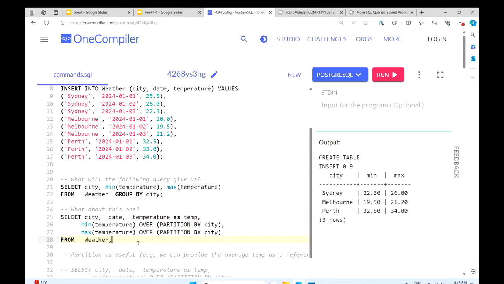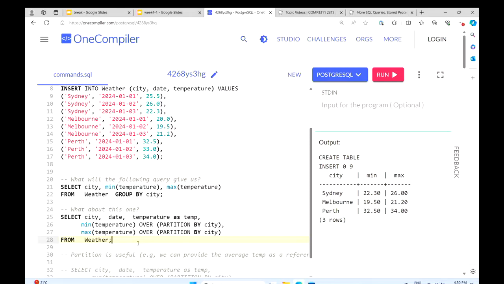And what about partition? Partition by, what will this one give us? How many rows do we have this time? Notice that the partition by is different from group by. You see, group by is like a standalone clause after the select, and this one is like inside the select.